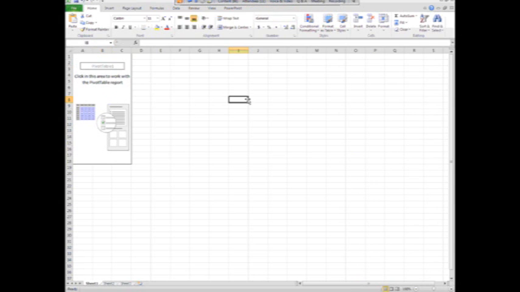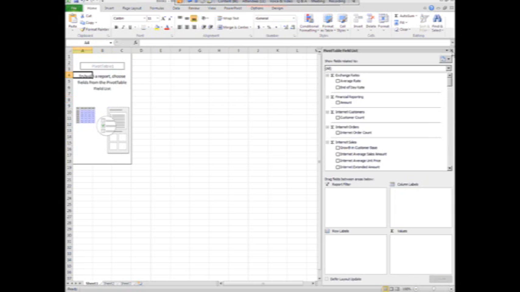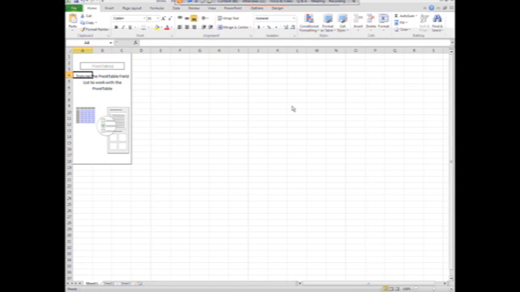Well, what happens if you accidentally close it? I'll click the X button to close the pivot table field list. Now, if I click out in no man's land and click back in the pivot table, it doesn't come back. So, did I really mess myself up? Well, no. If you actually close that window pane, what we can do is go to the menu option